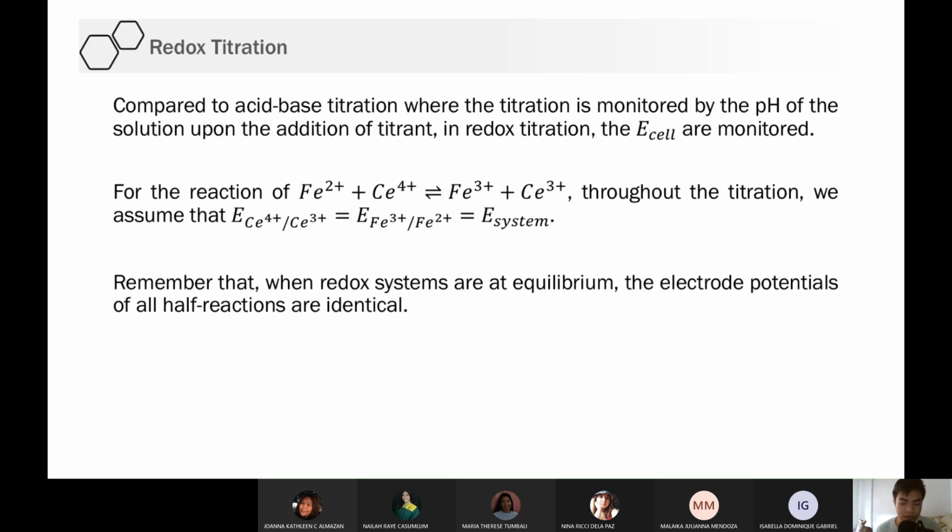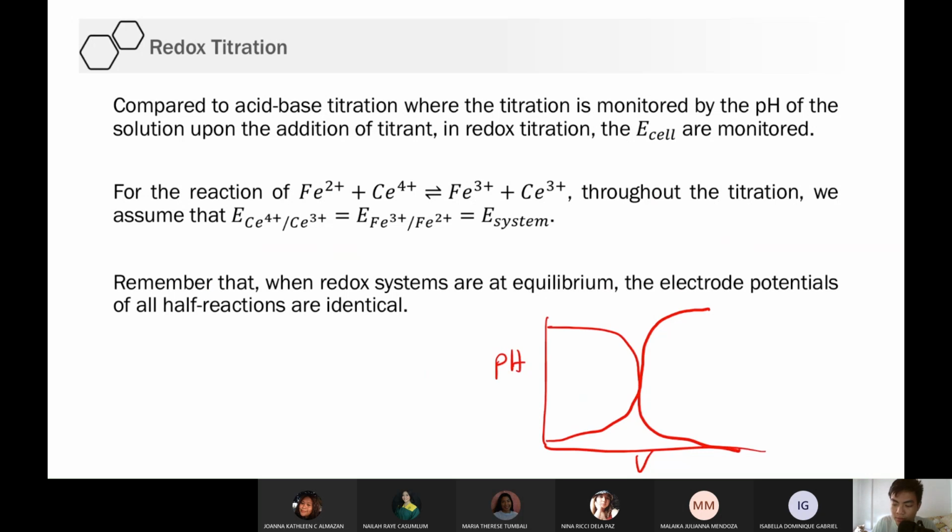Now let's proceed. Redox titration. So remember, kapag acid-base titration, ano nangyayari? You have acid and you have a base, no? And one way to monitor the progress of the titration is to determine the pH, di ba? So, di ba, pag acid-base titration, ganon-ganon. pH, then you have the volume, no? Pwedeng ganyan, pwedeng ganito, no? Pag diprotic, 2 beses, no? Okay. Pag triprotic, 3 times, no? So, ganun sa acid-base titration.